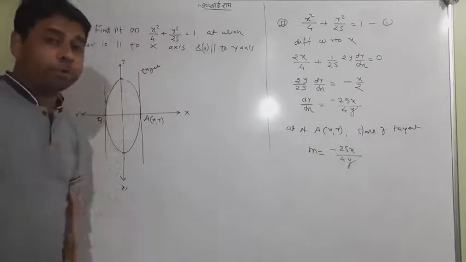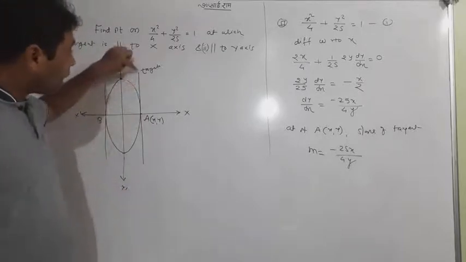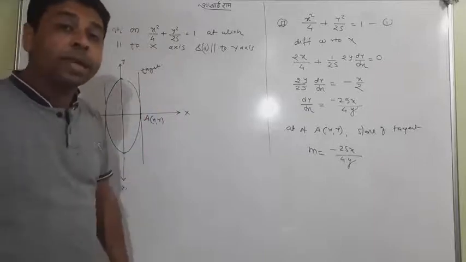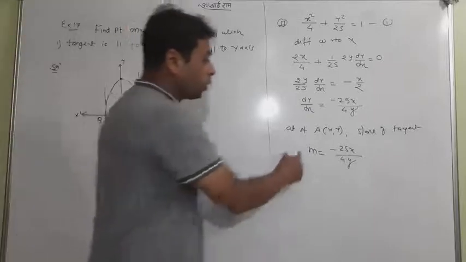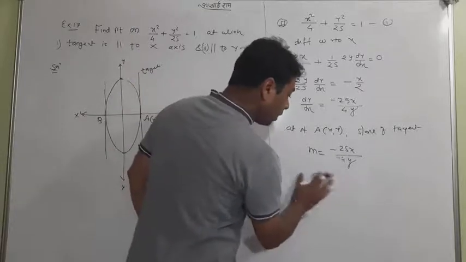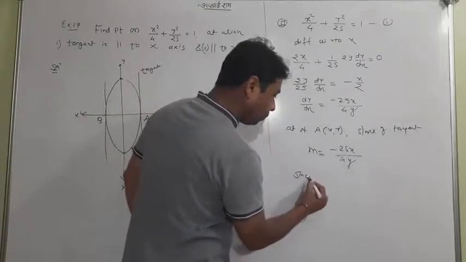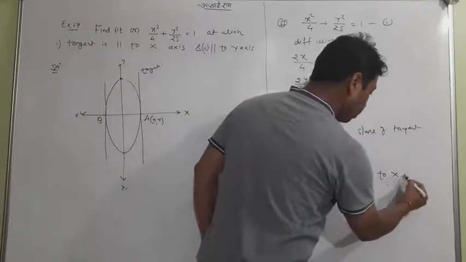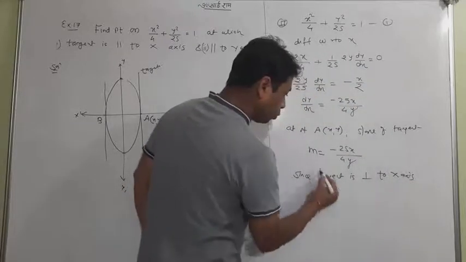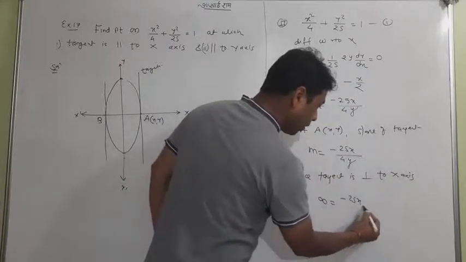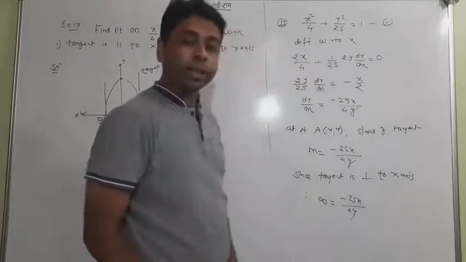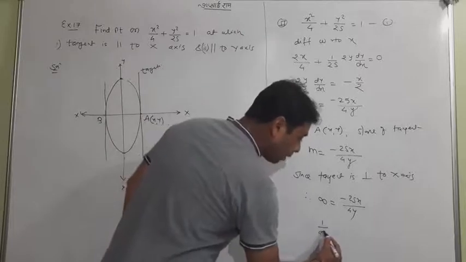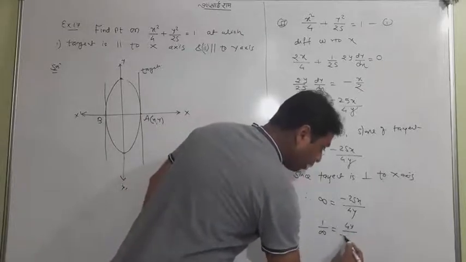But what about m? So very interesting it is that we know that when the tangent is perpendicular to the x-axis, its slope automatically will get infinite. So this is going to be infinite, since the tangent is perpendicular to the x-axis, so the slope will be infinite. And very strange, first time you're looking: when infinite comes, what can be done? So I have a small trick. Just make a reciprocal of both sides.